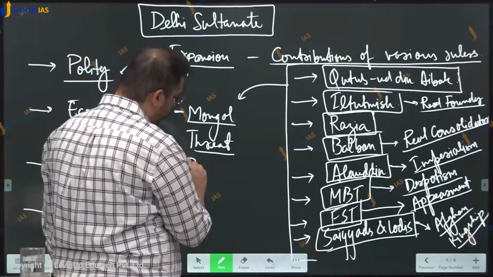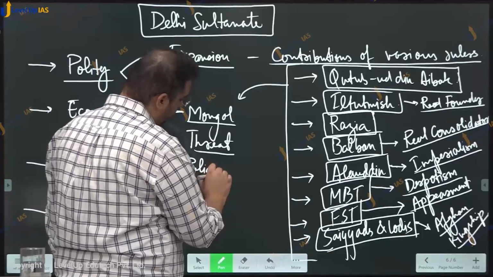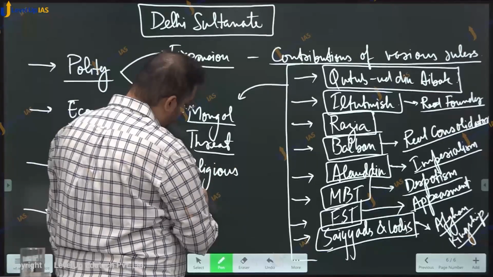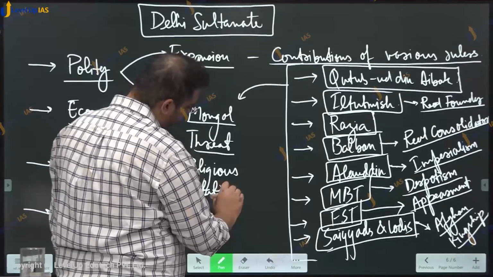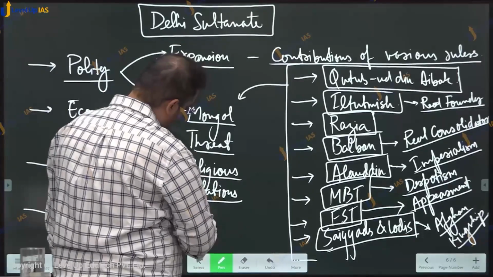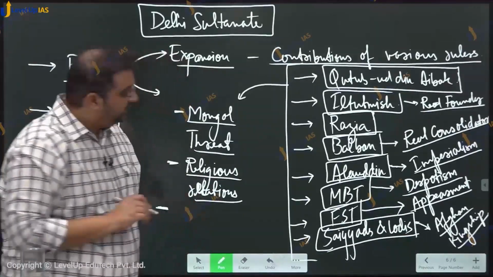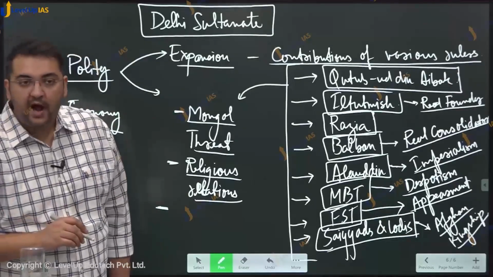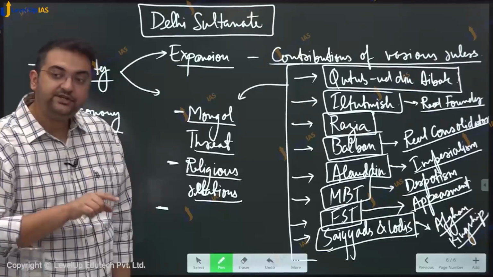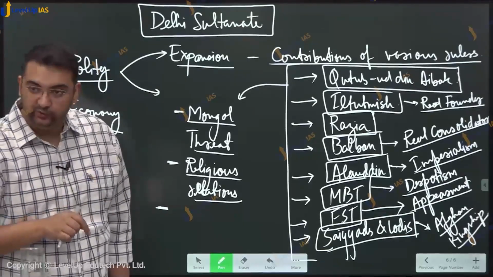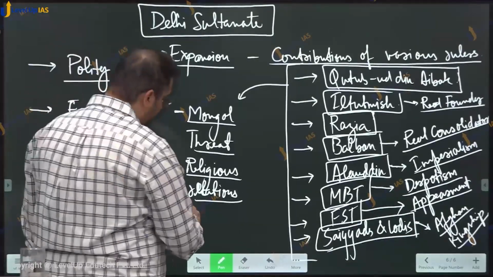So, religious relations, the struggle of the new administrative structure with the entrenched established nobility, that is the Hindu zamindari, right? So,